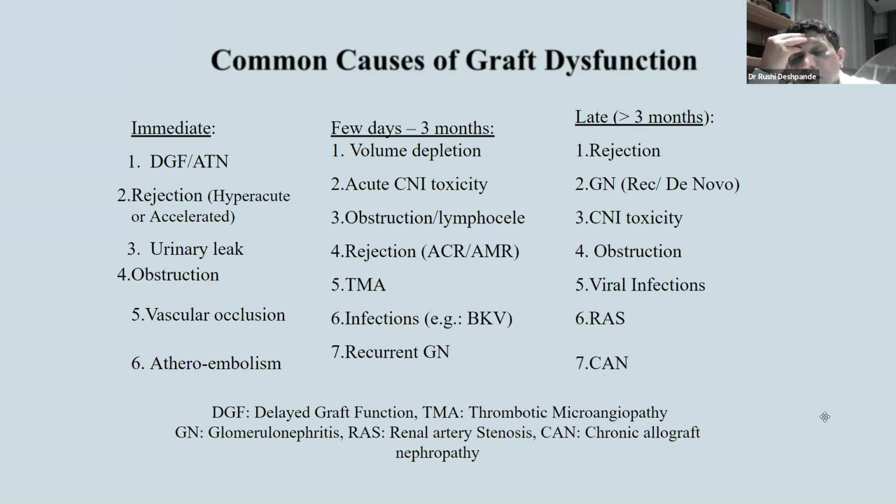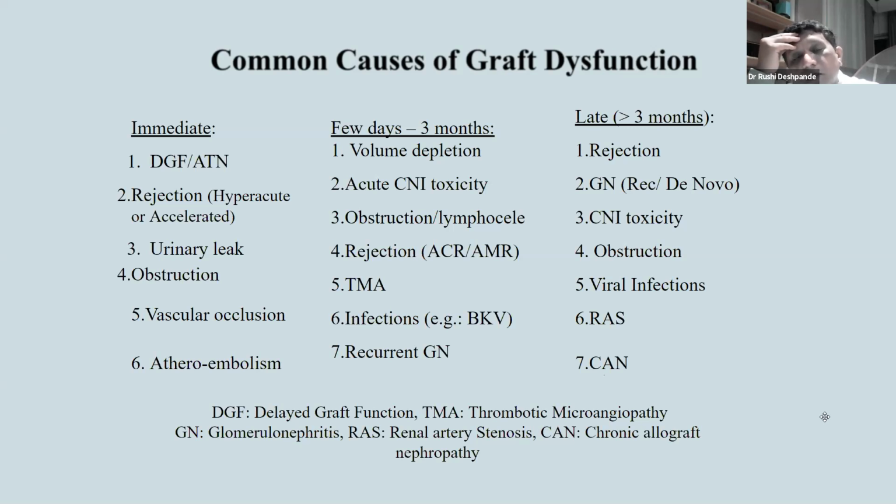Rejections, early rejection. So the common time frame for an acute rejection in today's practice is around the 7-day mark. It's around the 7-day mark when you see an increase in creatinine, you start thinking of rejection, because there are no preformed antibodies which you have detected in your test. So the antigen presenting cell, in face of all the major agents used, presents the new kidney antigens to the immune system and manifests a response, the usual time is around 7 days. And the commonest rejection seen is acute cellular rejection. Most of them are responsive to steroids.